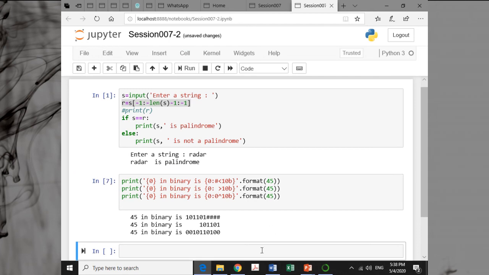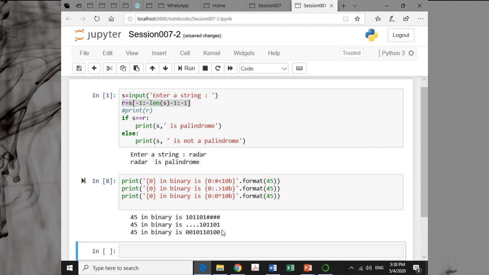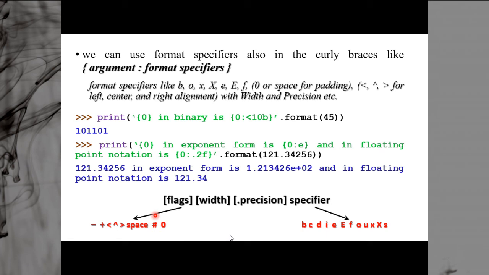Though the number becomes a little bit different, here we are using 0 as a padding. So you can see 0 appears at both sides. Here, suppose I am using a dot as a padding, let's see. Okay, so you can specify the padding.